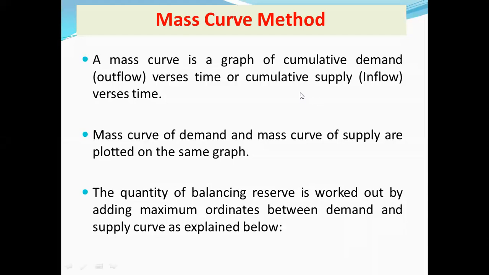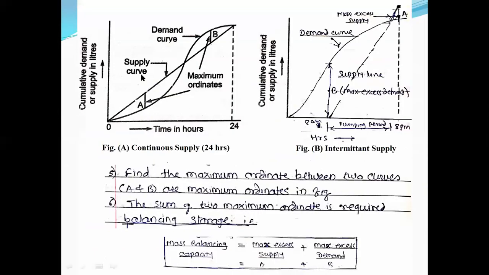Here the supply curve, you can see, is a straight line, or uniform supply is available from the plant through the pump. But demand is not constant, it changes on an hourly basis every day, right? And when the demand is less, at that time you will get this curve. You can see here the supply is in excess at this point, and the demand is low at this particular point, right? So at this particular region or time, what we do, we fill that